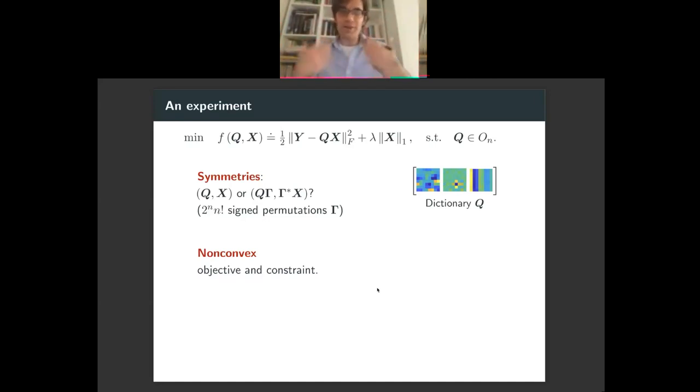If you have to learn the dictionary as well, then you need more stringent conditions on the data. So the math that I'm going to show you in this talk is for the complete case, and then also for some related problems in deconvolution and in imaging. There are some extensions of these results to the overcomplete case, but I completely agree with you. It's trickier. There's more that could go wrong.